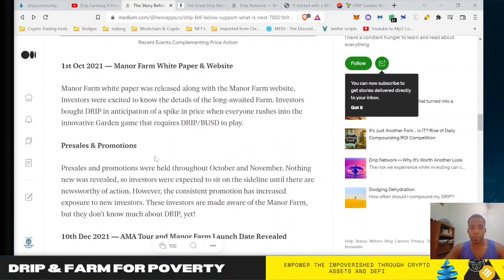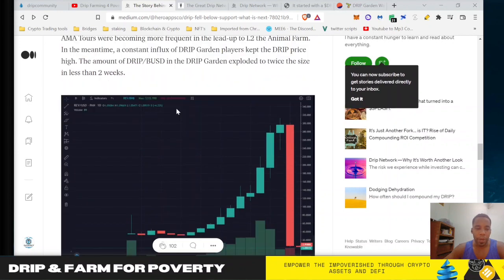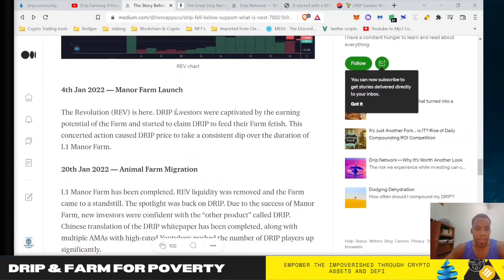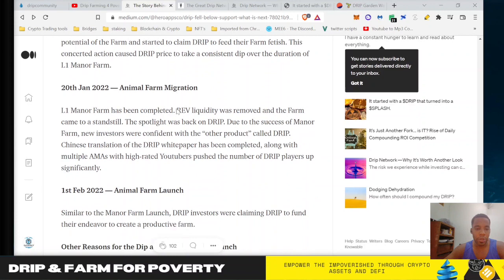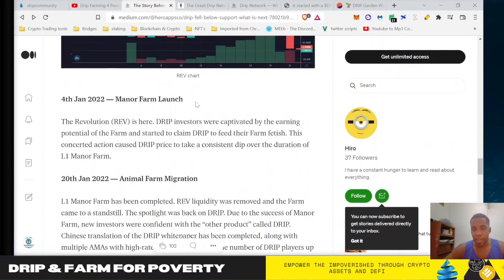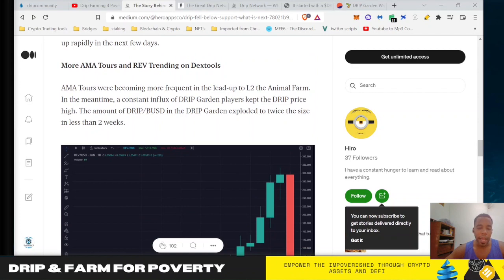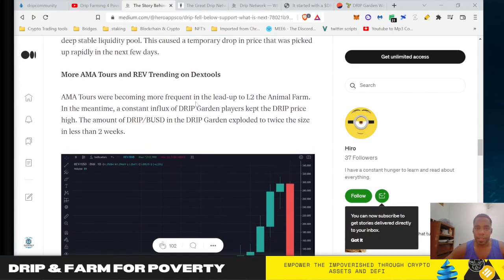So he goes into much more detailed information on each one of these, so it can help you understand it better. But the long and short is that you need to instead listen to Forex, follow the telegrams, look at the kind of roadmap that's been hinted at in multiple AMAs, and then formulate your own hypothesis on that. But if you're in it for the long haul, then you don't have anything to worry about. Just continue dollar cost averaging in and hold your drip until you're ready to start cashing out.